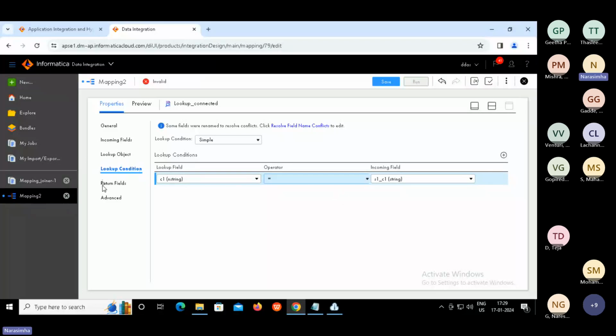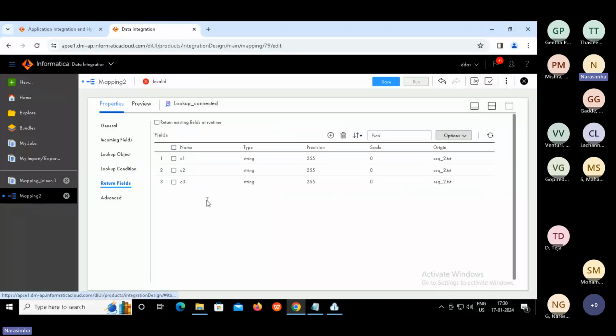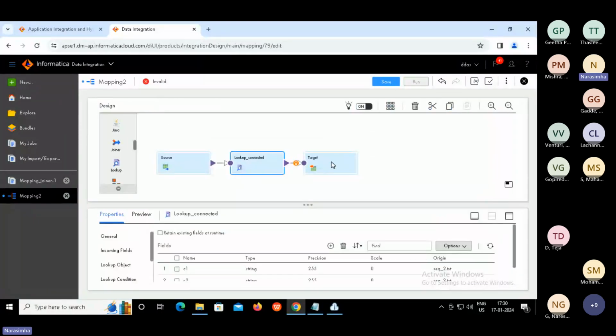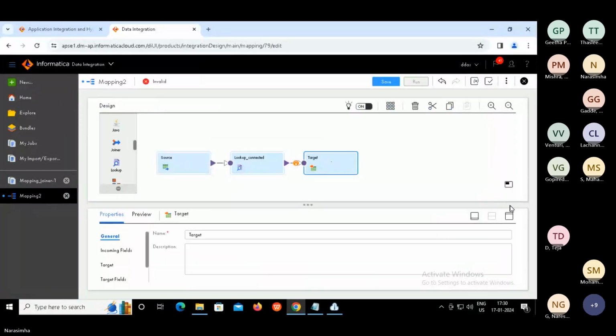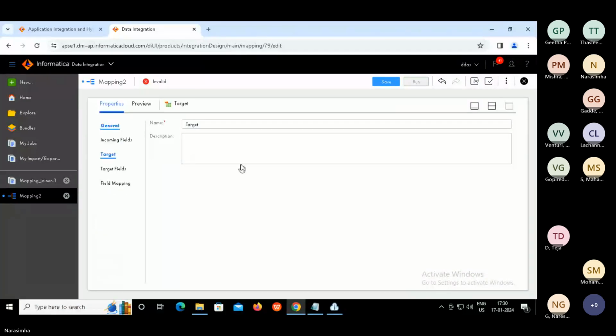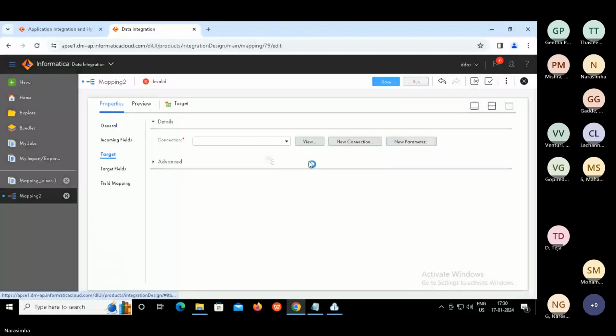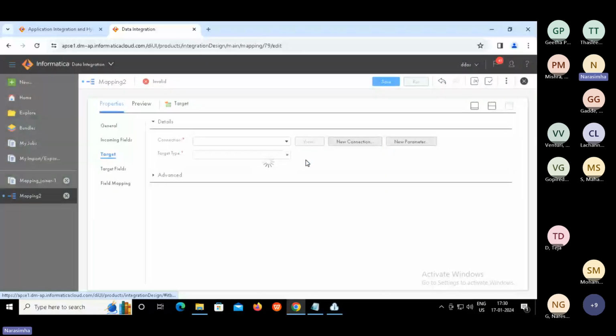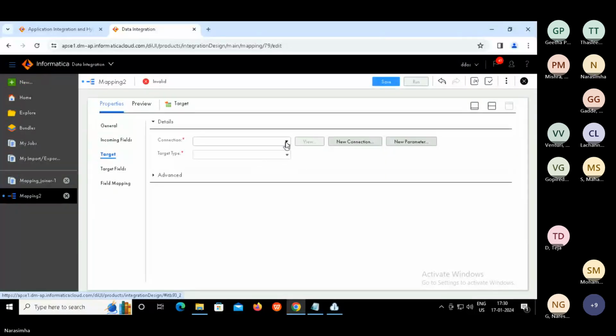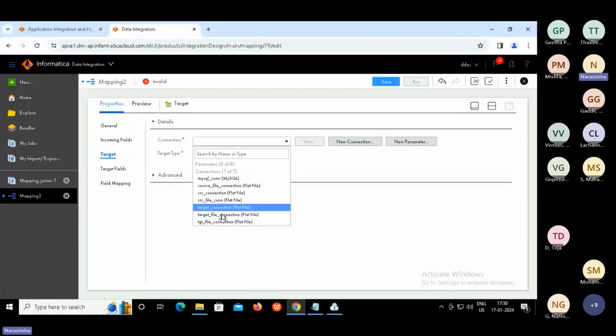So return fields. Select return fields. Can you see here? By default, it's going to return all anyway. That's the default behavior. So that's it. Now configure target, and select target file connection.